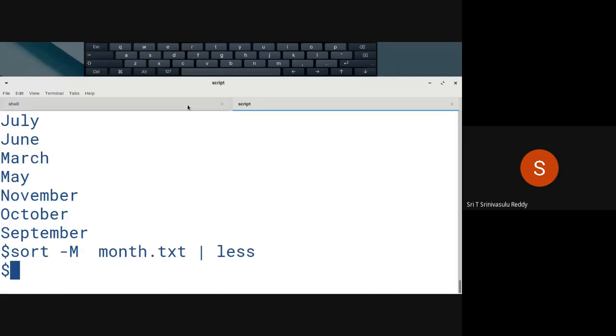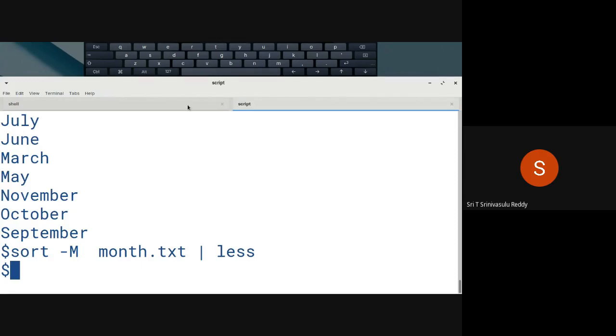So when you use sort -M, you are telling the sort that the data you are about to sort is month names. So don't sort using normal alphabetical ordering, but rather treat them as months. There are so many options and features available in various software, which will help you not to write programs every time, but you can start using them to achieve the actual results.